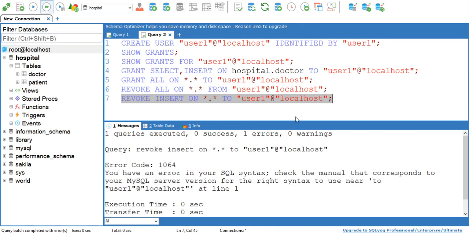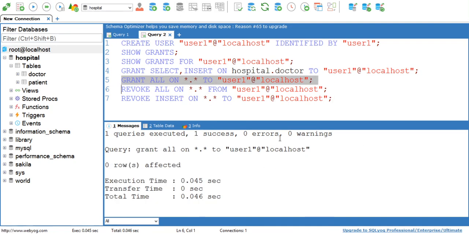When I execute this command, user1 cannot perform the insert operation on any of the databases. So this is how you can give all permissions, revoke all permissions, or revoke a few permissions from the user. This is how you can create a user and give or revoke permissions by using queries.